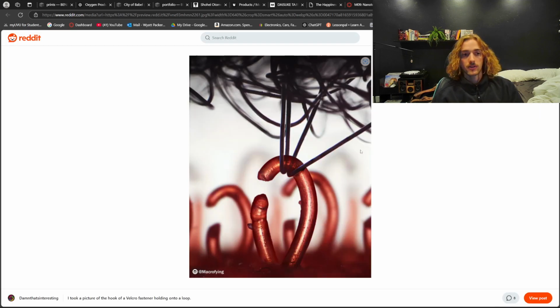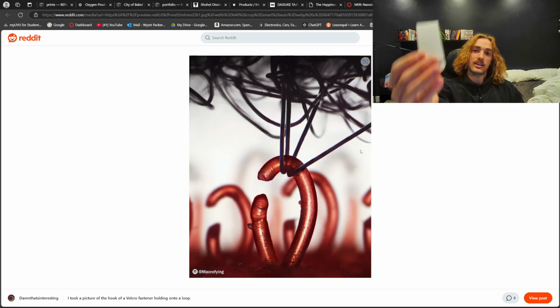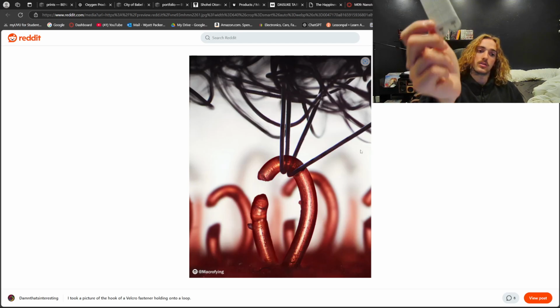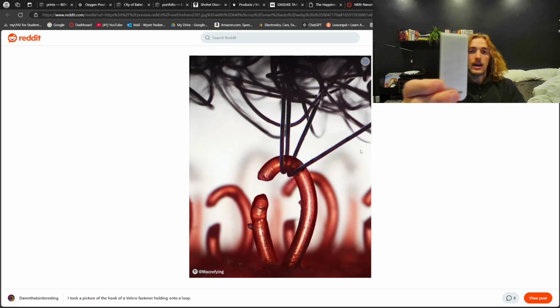Now, Velcro, as you can see, has on the top side a ton of small little loops of strings. There are thousands of these, and then on the other side, there are a lot of these red hook-like things. What happens when you press these two together is that those strings get wrapped around those hooks, and when you try to pull them up, you're trying to pull thousands or hundreds of those strings apart, which creates